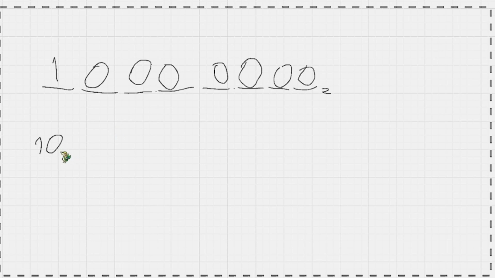So that's base 10. Or is it? 1, 0. Base B. That's not a B, that is a D. I am not good with mouse drawing. Yeah, okay, that's a B. So you have 10 base B. That is equal to B. 10 base B equals B base